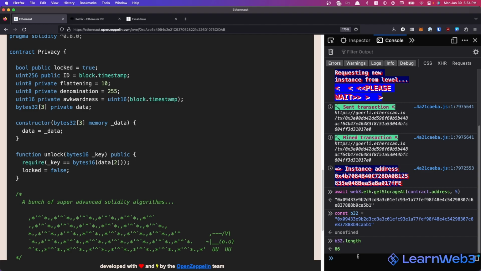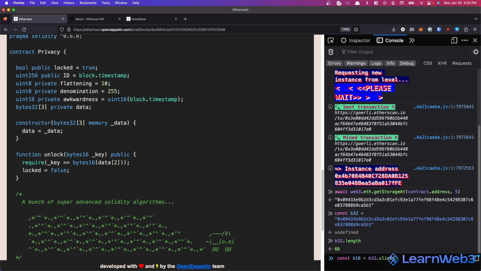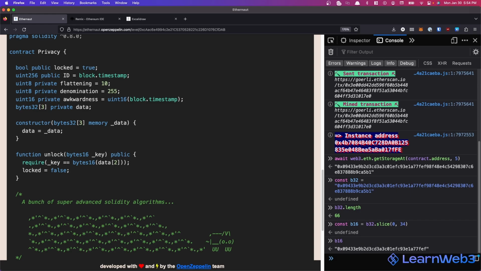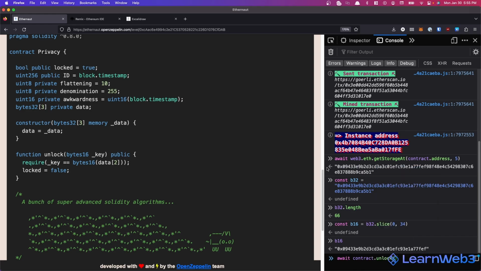So we're going to do const b16 equals b32.slice. So we'll take a portion of that string. We'll do slice from 0 to 34. And you see it cut off halfway, and we now only have the requisite 16 bytes of data that the unlock function requires. So now it's as simple as just doing await contract.unlock, and we give it this bytes16 value,